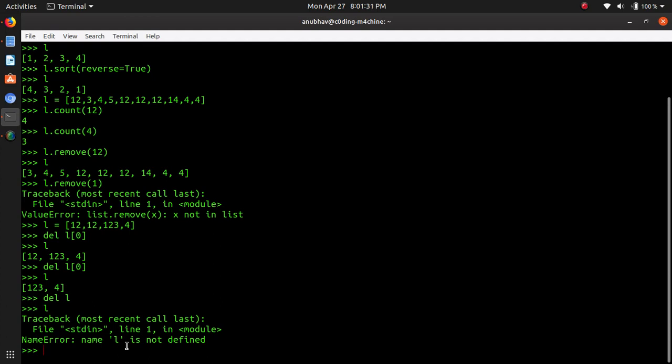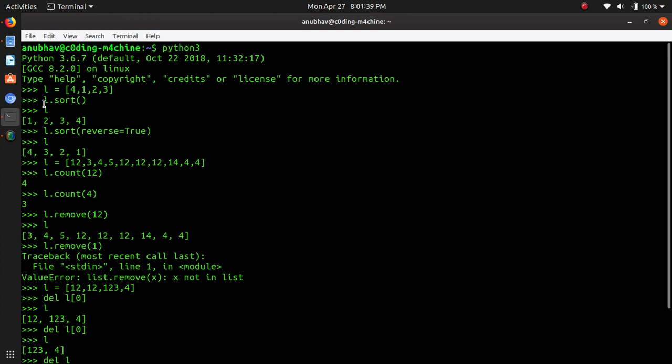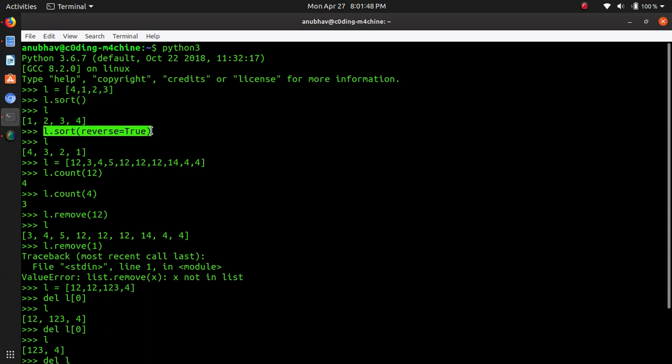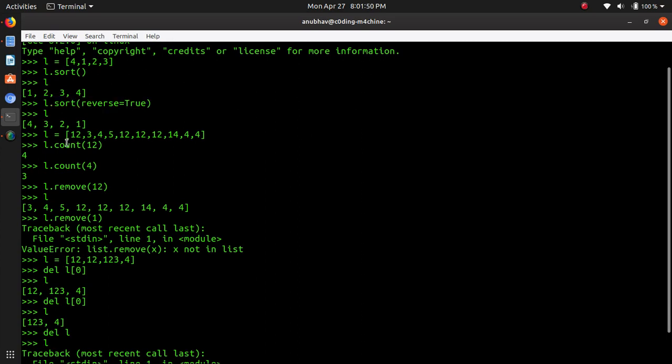I hope you got to know how these four functions are working. So I will just quickly revise them once more. First of all, the function is sort, which will help you to sort the list. You can also sort the list in reverse order through this. And next is the count. You can count the occurrences of that element in the list with the help of the count function.